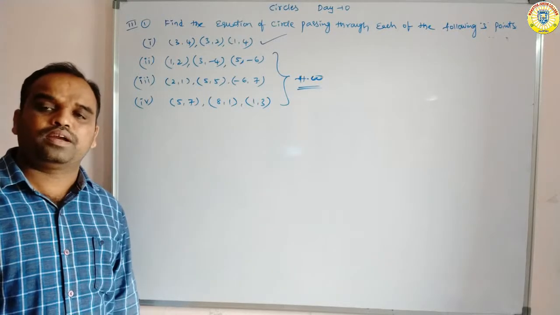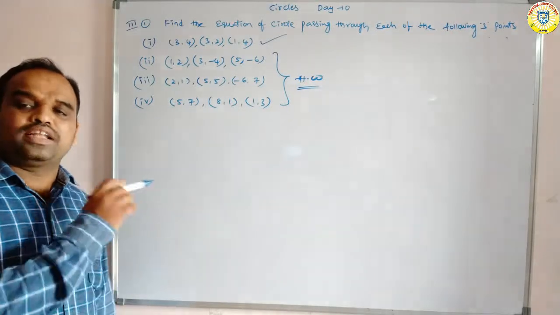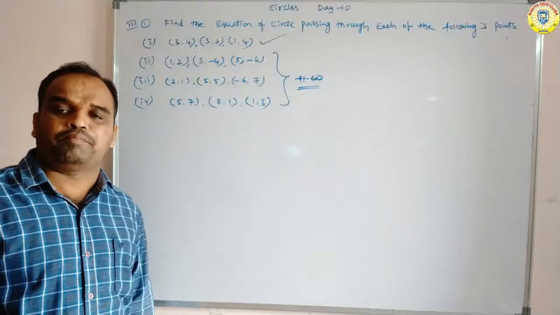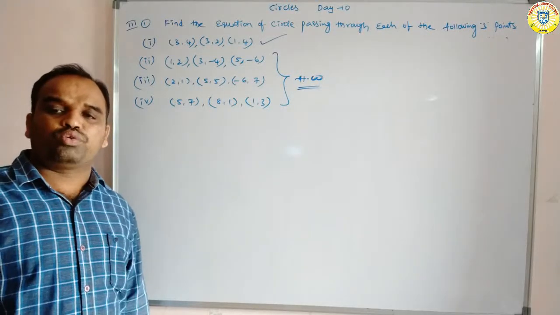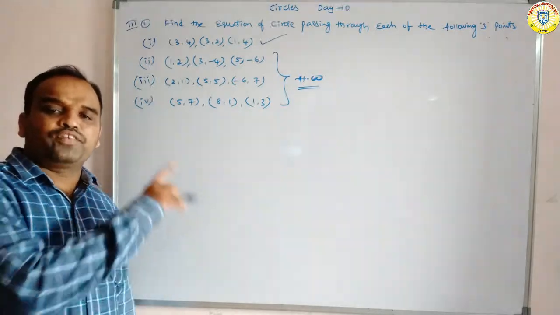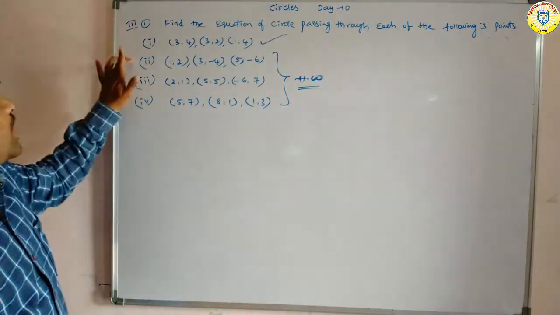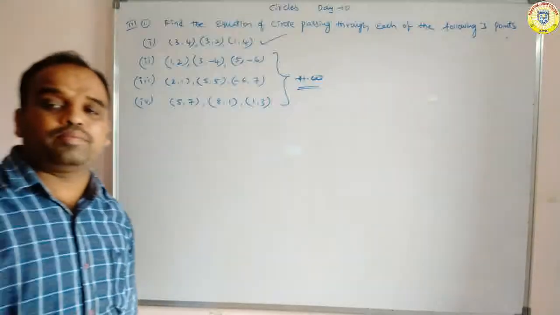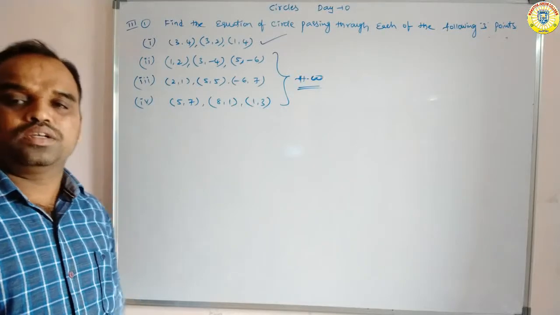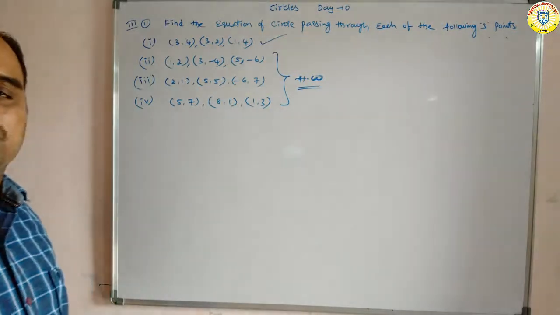Show that the 4 points are concyclic and find the equation of the circle passing through the 3 points. This type of problems are very very important. We are expecting one long question from these 2 types of questions only. Okay? All of you do this problem as homework. So first problem completed, try the second, third, fourth. There is another method also. I will tell the other method tomorrow. Okay? So all of you try the remaining 3 problems as homework.